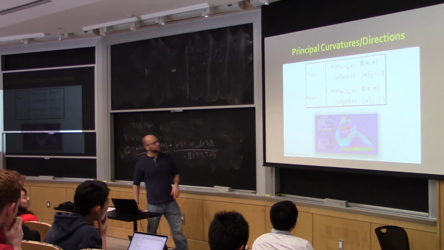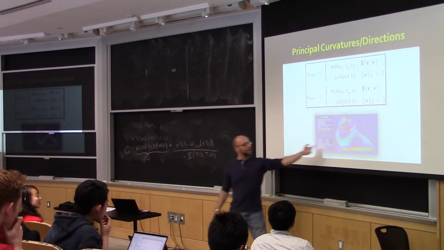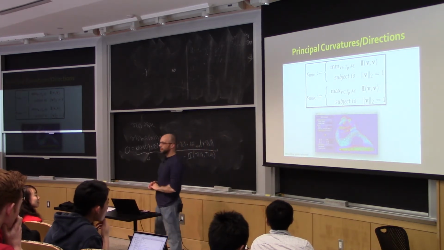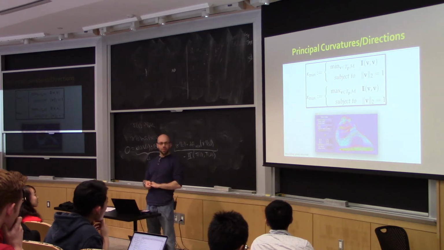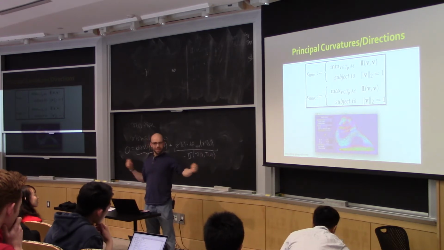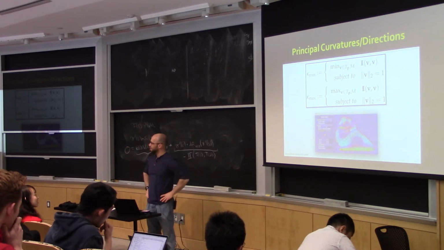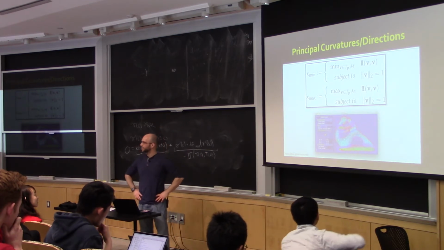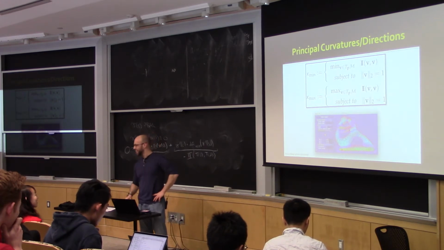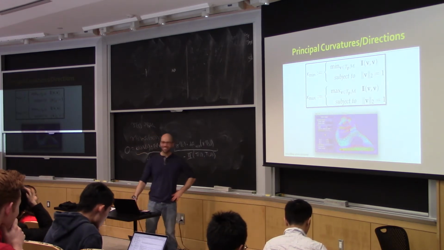And there are lots of nice pictures people draw where you can kind of show that they're wrapping around the surface in nice ways. And so a lot of the early algorithms for surface analysis were basically, step 1 is compute curvature at every point, step 2 is summarize it in some way and do something with it. Right? So for instance, a perfectly reasonable surface descriptor would be take all of the curvature values and just bin them in a histogram and compare two surfaces that way. Yeah? That would certainly distinguish a sphere from a, well, not sphere. Hyperbolic, a saddle. That's the word I was looking for.